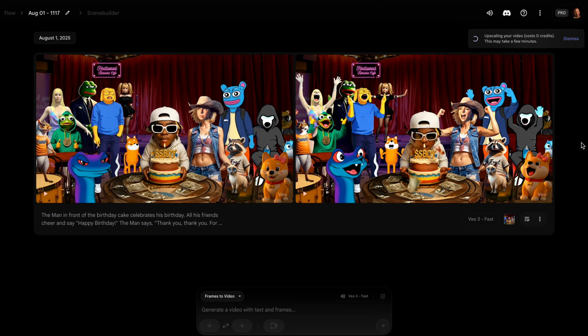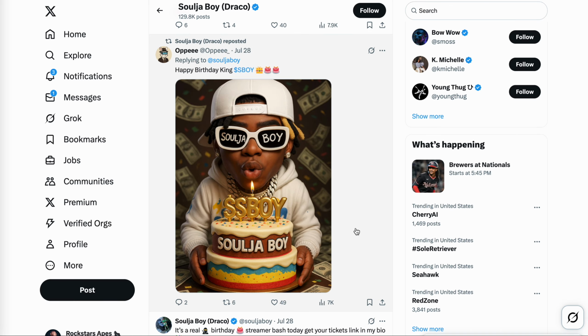As you can see, the first one picked a whole different character to deliver the line. Instead of the S-Boy character, it went over to Andy, and he delivered the line. And so that's what you get with this process. And this is going to be rendering for a little bit. So while it's doing that, I'm going to hop back over to X, and I'm going to note the things we needed to note.